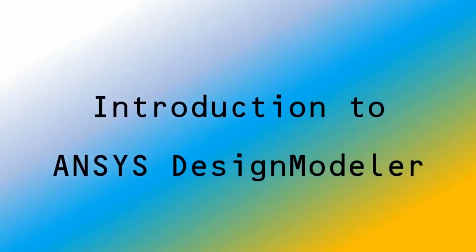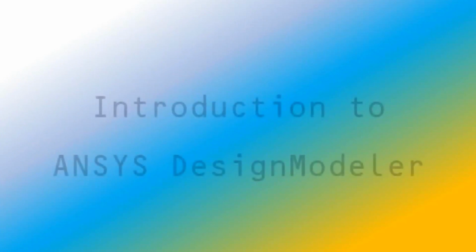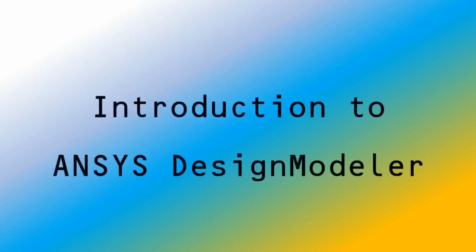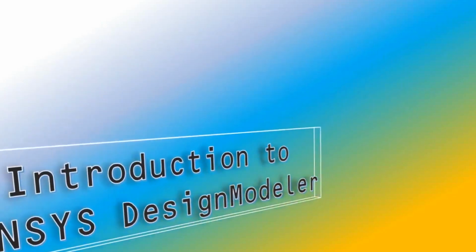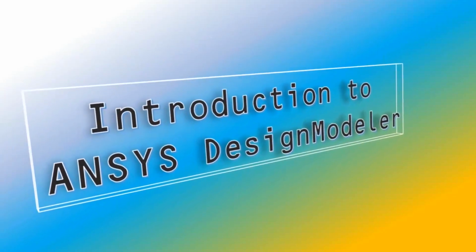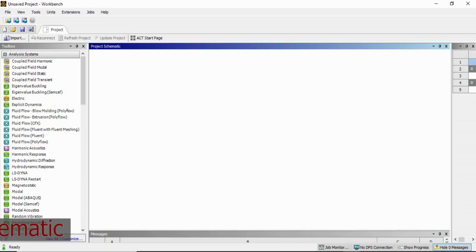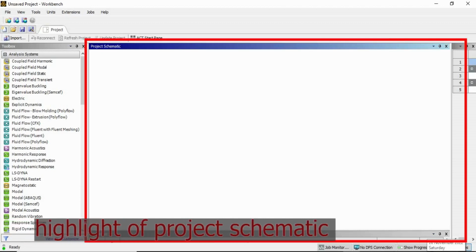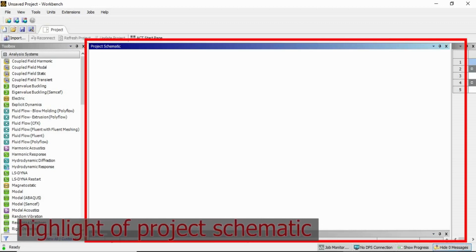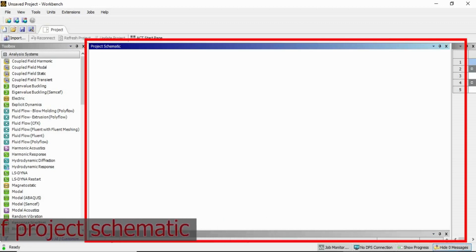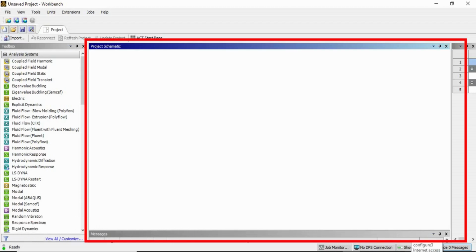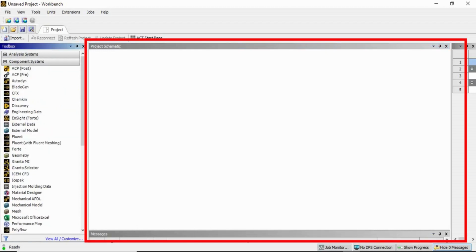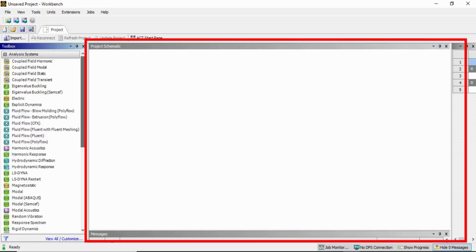ዛሬ ኢንትሮዳክሽን ቱ አንሲስ ዲዛይን ሞድለር የሚል ቪዲዮ ይዤላችሁ መጥቻለሁ። ይህ ቪዲዮ ከባለፈው ኢንትሮዳክሽን ቱ አንሲስ ወርክቤንች ከሚለው ቪዲዮ የቀጠለ ነው። The area of the graphic user interface highlighted in red box is project schematic, where we will see a map of our entire project. There would be a system in project schematic that describes the workflow. በቀይ highlighted የተደረገው project schematic ነው። System workflow project layout የምንሰራበት ቦታ ነው።